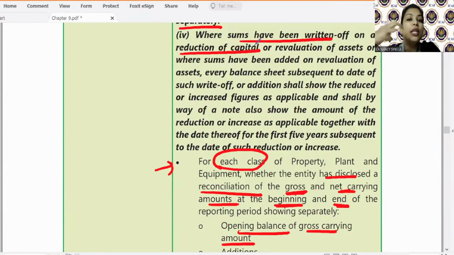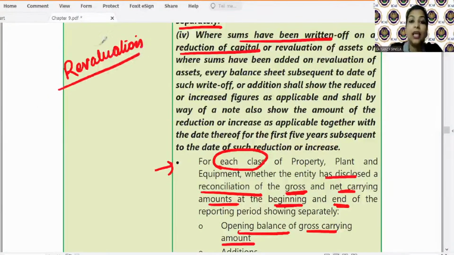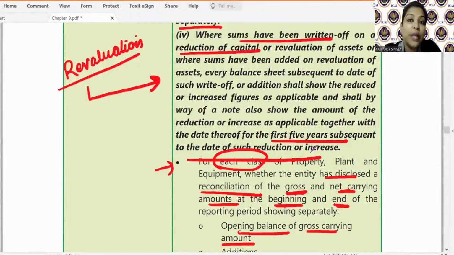Or there may be a situation where there is upward revaluation of the assets. Okay? In such a case, this is saying whenever any revaluation is done, then with respect to all the balance sheets subsequent to such revaluation, the revalued amount will be considered. Obviously, जो revalued है, that will be considered subsequently, na? Correct? Further, it says that for first 5 years subsequent to the date of such reduction or increase, तो पहले 5 सालों के लिए ना बैलेंस शीट